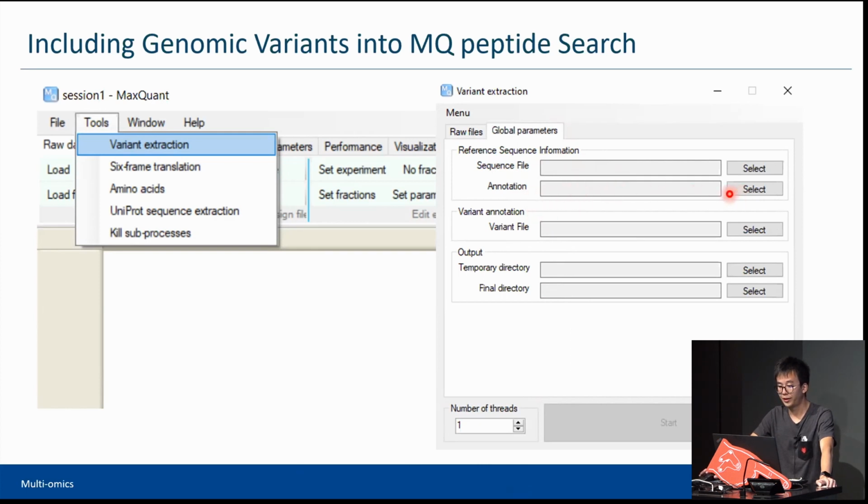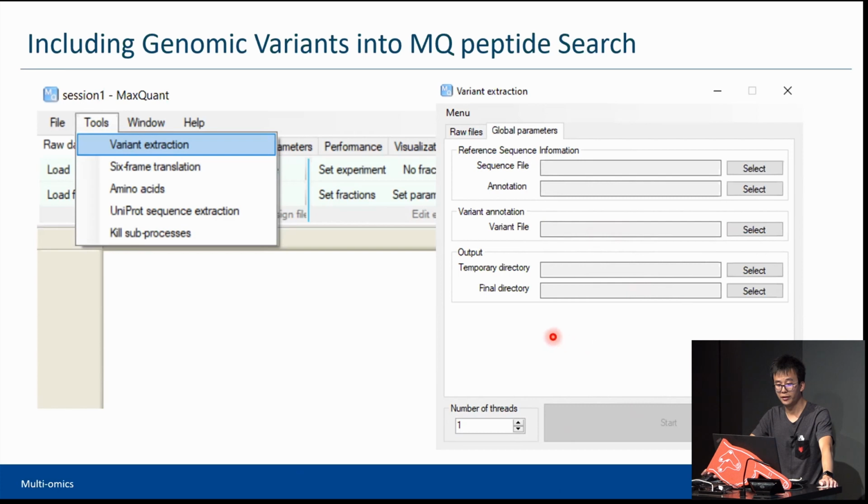You can also provide the desired directories where the temporary files and the output files will be generated. Optionally, a VCF file, which is a variant file, can be supplied to annotate the detected variants. After you run this module, which happens before the database search,